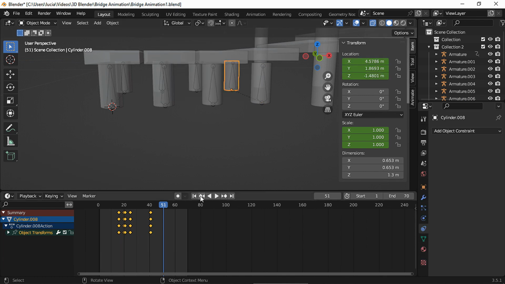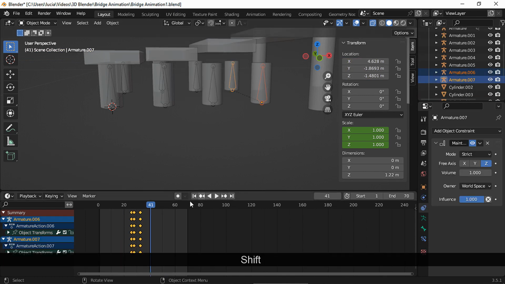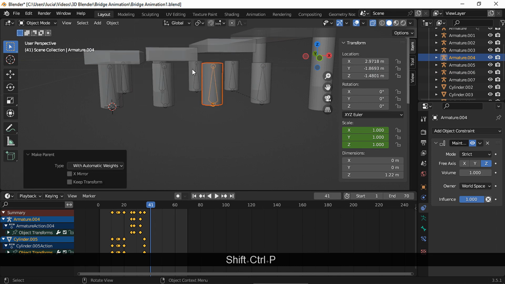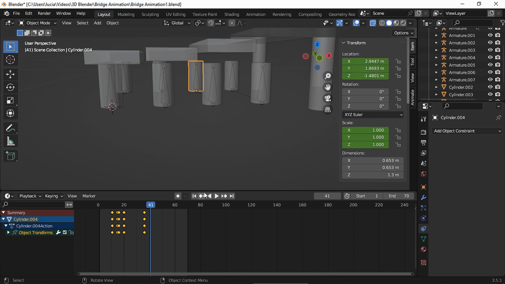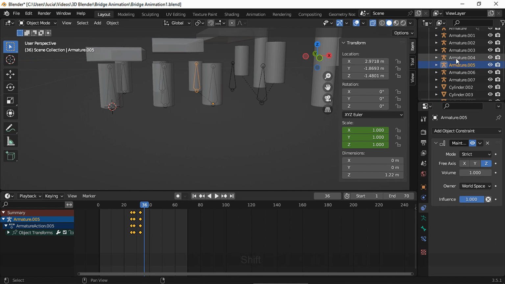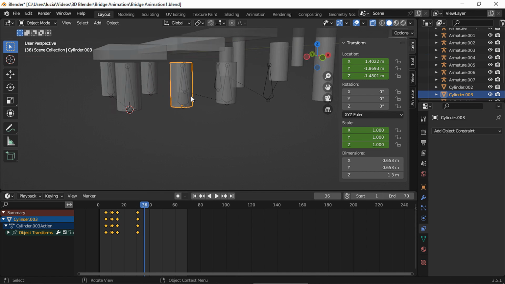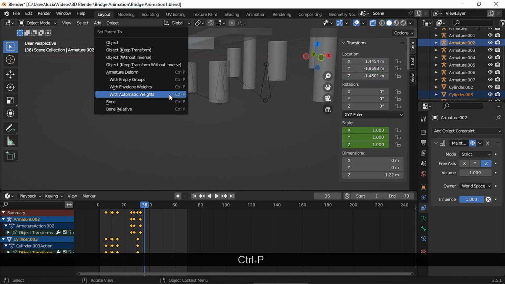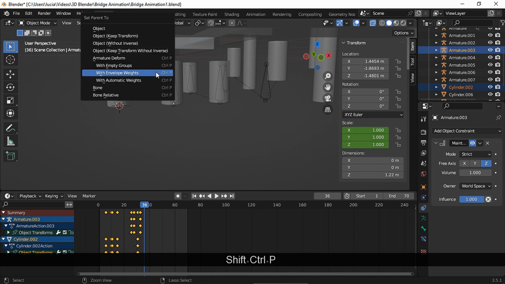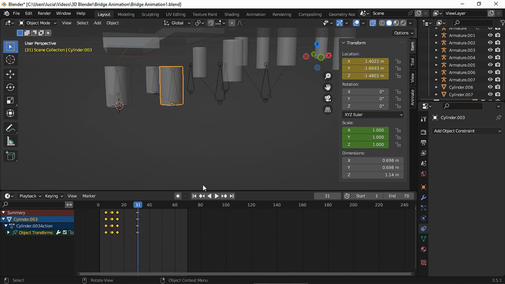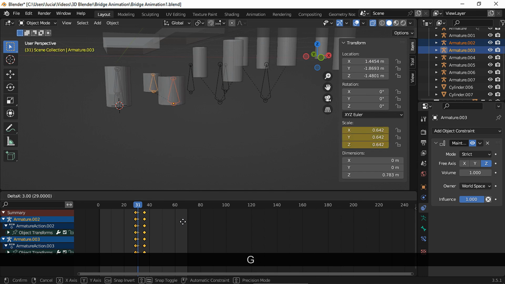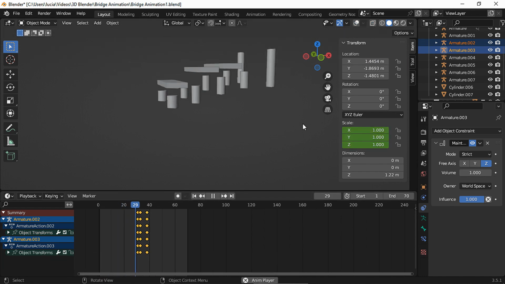And remember to see where the leg's last keyframe is and place the first bone's keyframe there. And repeat. Let's see.